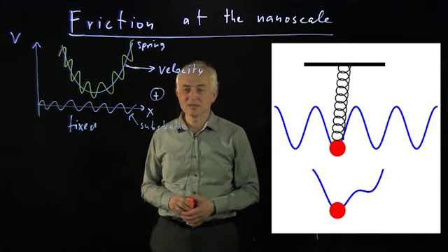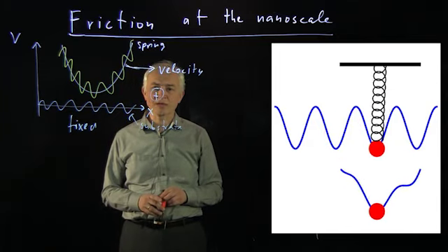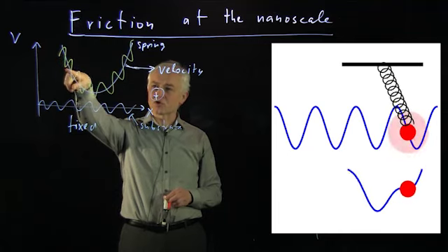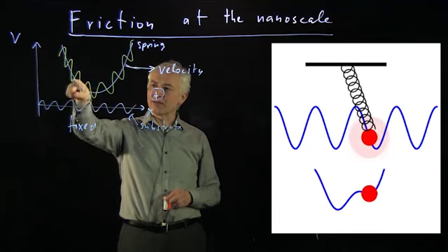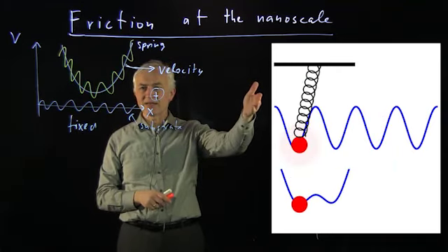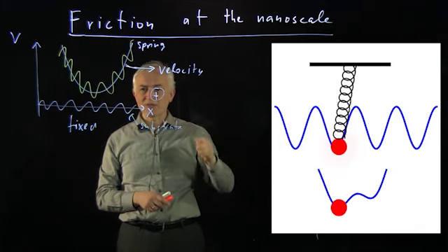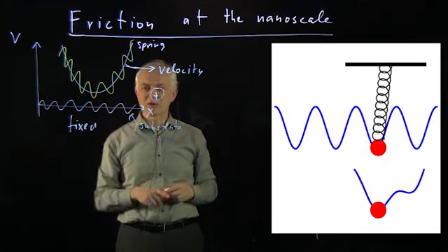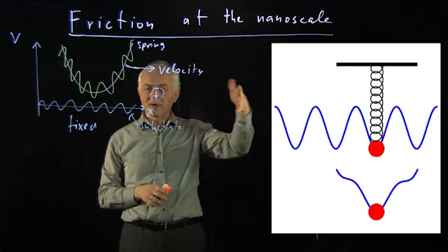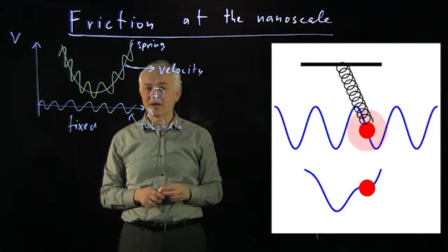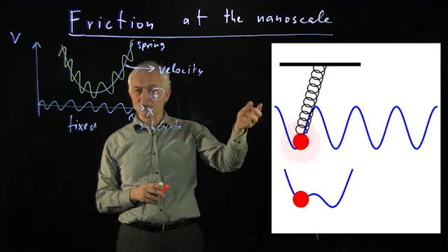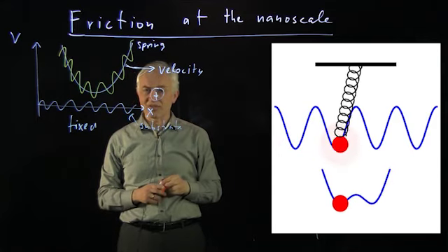Okay, so what you see here is a combination of a spring and the periodic potential. The periodic potential has been chosen a slightly different strength than I'm showing you here. It has been chosen weaker, so that instead of many minima in this total potential, there are only 2 minima. And what you see happening in the system is that as the particle is moving, the spring tries to pull it across a maximum of the periodic potential. At some point, the atom is released, and it releases energy that is taken up as heat by the substrate. And then the object is pulled towards the next minimum. The minimum disappears slowly, the object is released again, etc.